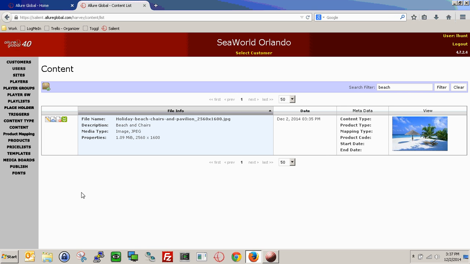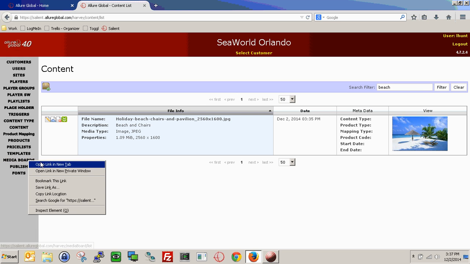Also, when you're on the content screen, you can replace a file, edit the attributes of the file, delete the file, or even download the file if you accidentally remove the content from your local machine. To slot the content, you either want to go to the media boards and/or templates to do this. We're going to go to a media board,